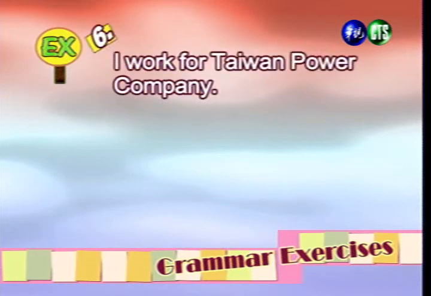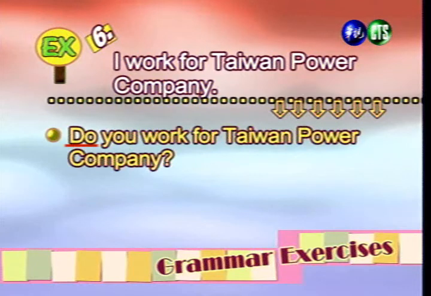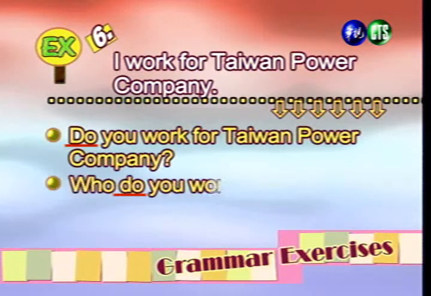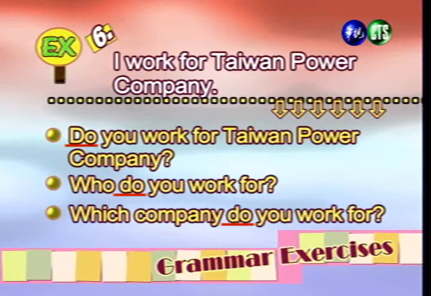Right, we're going to skip now to number 6. 好，我们现在跳到第6题。And our sentence is, I work for Taiwan Power Company. 好，例句6我为台电公司工作。And so we can come up with these kinds of questions. Do you work for Taiwan Power Company? Who do you work for? And which company do you work for? 好，我们得到以下几种问句的方式。And so note how we added the auxiliary verb do to these questions. 请特别注意，我们如何把这个助动词 do 加到句子里面而形成问句。